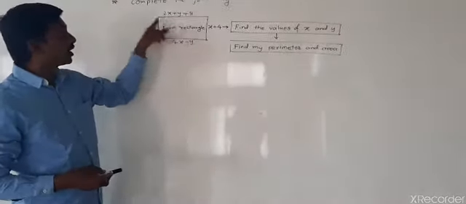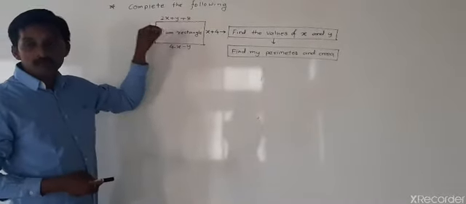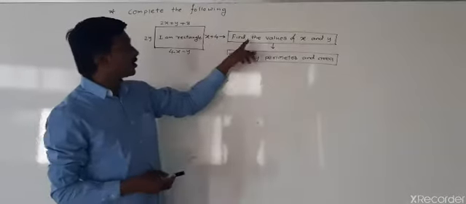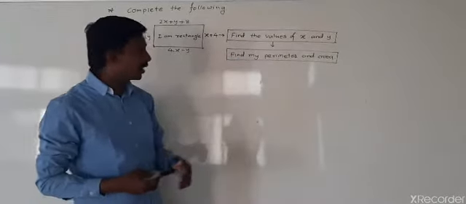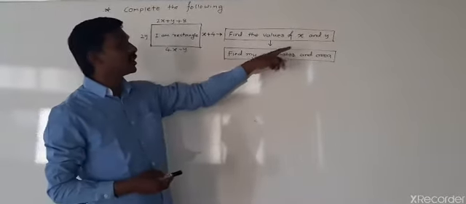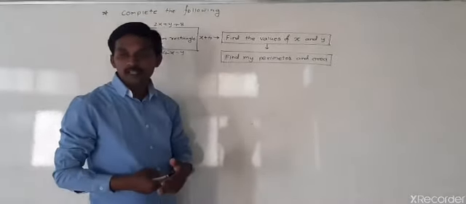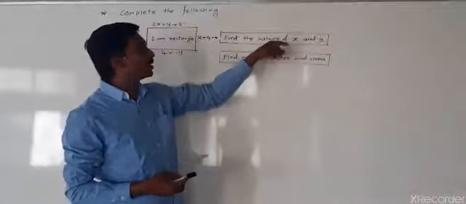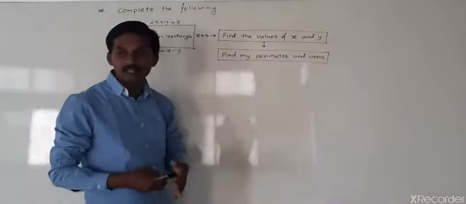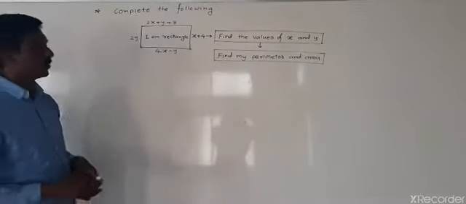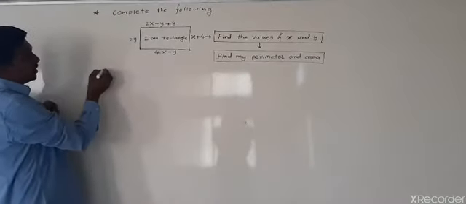I am a rectangle, and we have been given the measurements of all four sides of the rectangle. And the question is, find the values of x and y, and also find my perimeter and area. So the rectangle says find my perimeter and area. Without finding the values of x and y, we cannot get the perimeter and area of the rectangle, since we have to find the values of x and y first. So while writing the answer, you can easily write